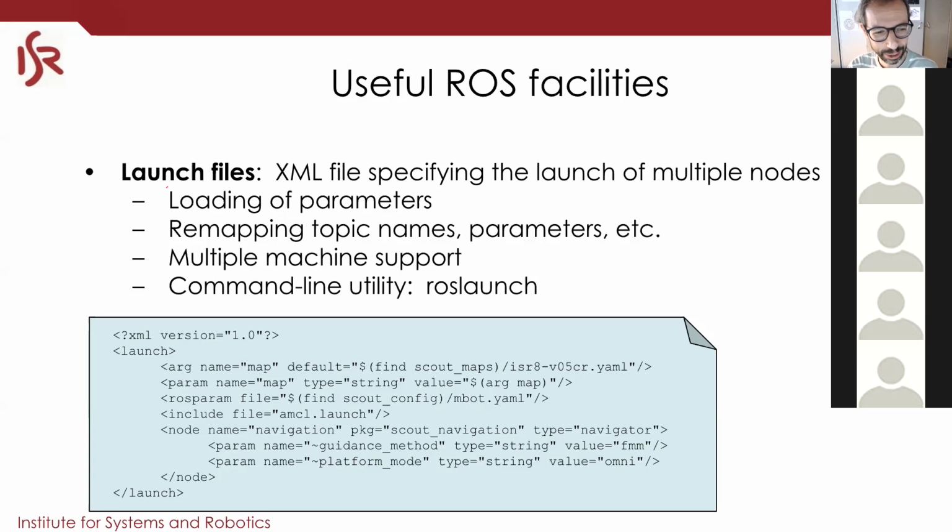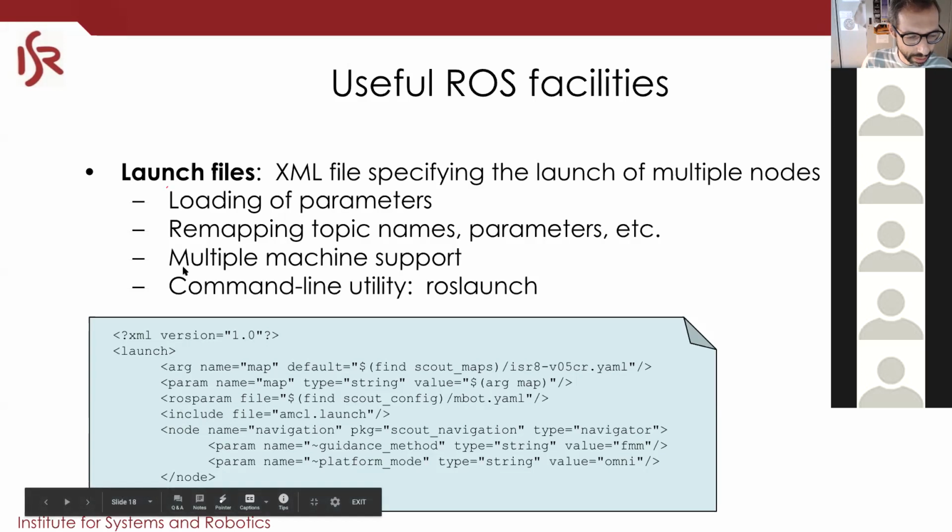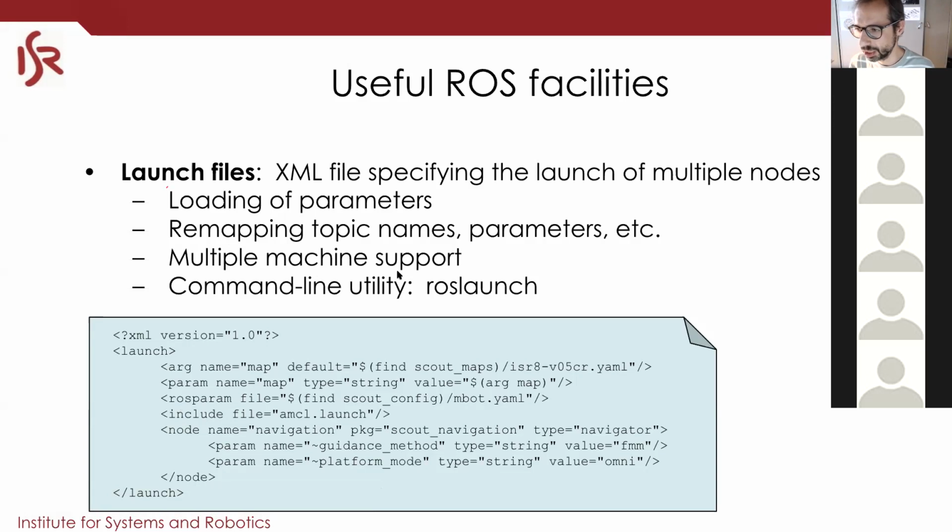Okay. But this is cool because you can launch in one machine and it launches nodes in multiple machines, and of course when you kill it, it will kill everything. So transparent. This works under the hood. This multiple machine support is done with SSH. You only need to have SSH configured with public key authentication, and it just works. It's amazing. And ROS launch is the one that does all of this magic for you. Okay, moving on. If there is any question, just don't hesitate to interrupt or say something on the chat. I'll try to keep an eye on that.